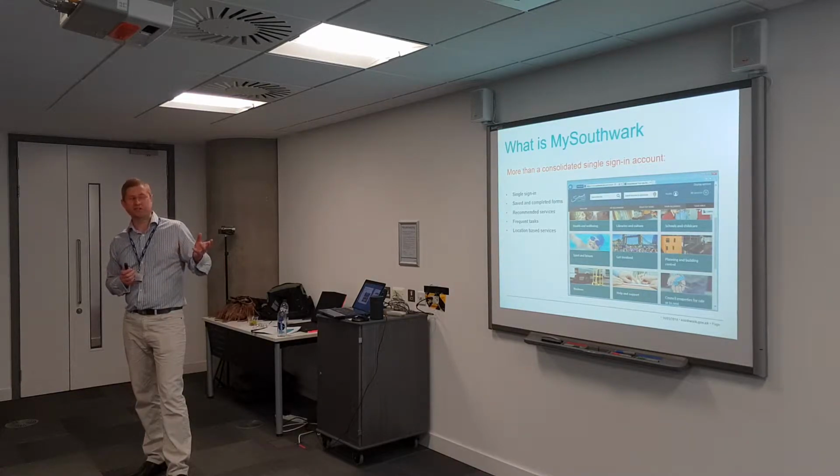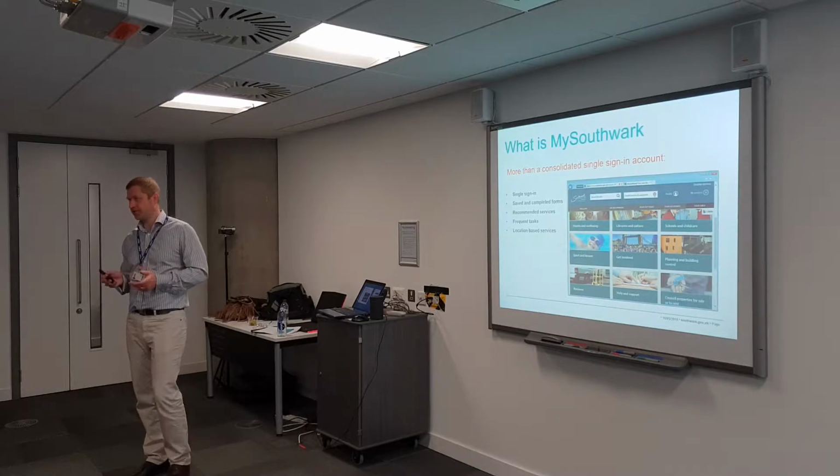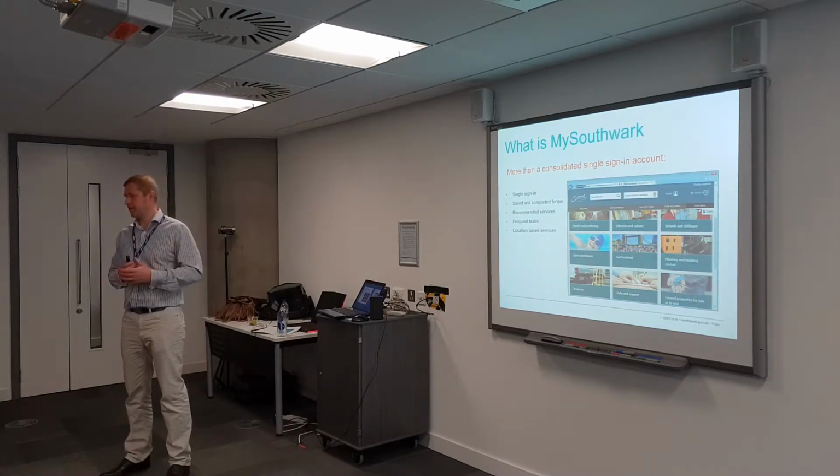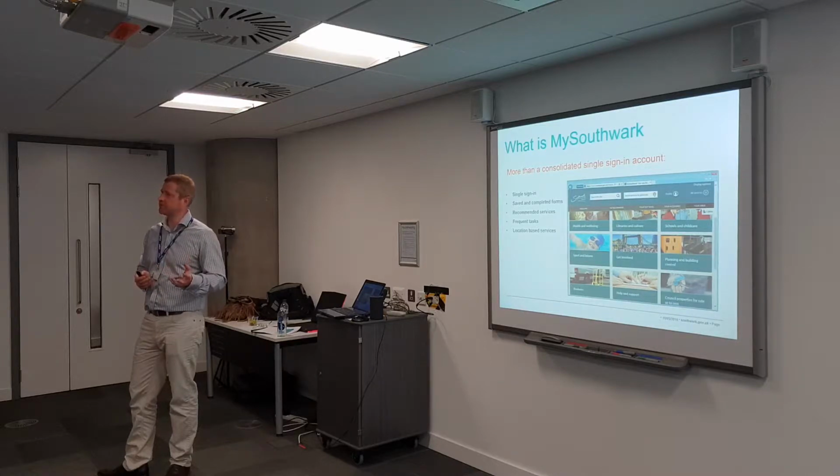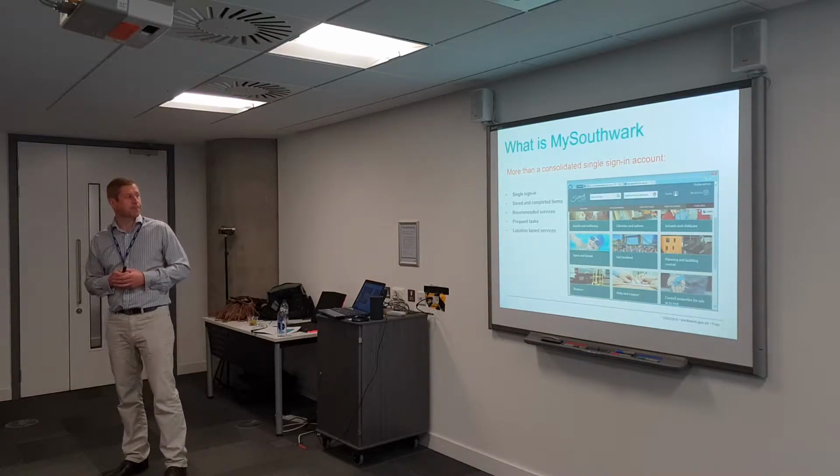The address it uses defaults to your home address you've registered My Southwark on, but if you want to check for a different address, if you want to look something up for your mum, or because you're on the move, on the bus, you can just type in a different postcode and choose that address, or even on your mobile phone, we're working so you can just use your GPS of where you are now. So if you want to know where your nearest parking is, you can just use that and it will tell you, from where you are now, these are your nearest parking areas, or if you're looking for a place to play tennis, it will tell you where your nearest courts are.